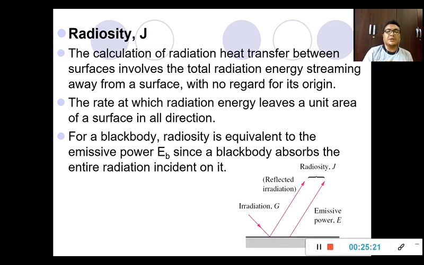Okay, this is another parameter we talk about in radiation, which is radiosity. The calculation of radiation heat transfer between surfaces involves the total radiation energy stream